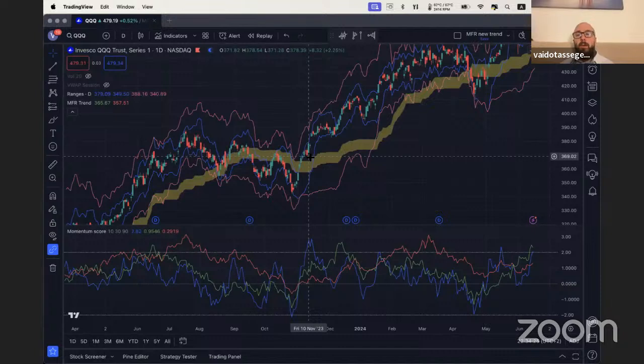Now we need to use this democratic principle, maybe, because now I'm talking about ranges, trend, and momentum. You will miss a lot of moves if, for example, you wait for all 3 or all 4 of your tools to agree with you, but you need at least a majority. So a lot of people would buy here, and they would be right, just because downside was capped and upside